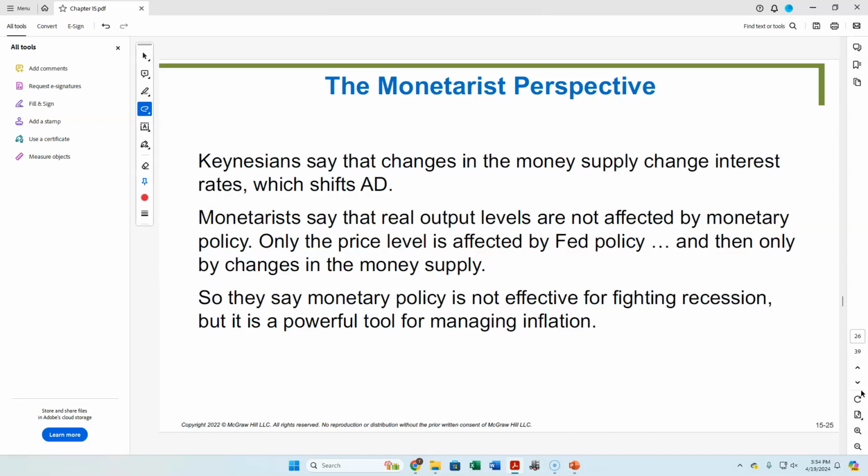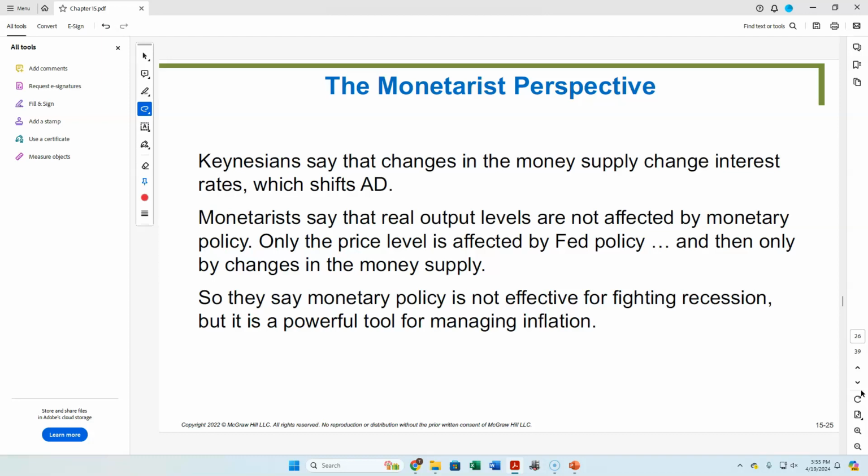And this last line here becomes important for understanding these two different schools of thought about whether we should even have a Federal Reserve. Whereas Keynesians would say, oh my God, of course you want to have a Federal Reserve. That's how you actually manage the GDP. Monetarists would say, yeah, I guess you'd want a Federal Reserve, but the reason you want that Federal Reserve is really to control the price level, not really control GDP.